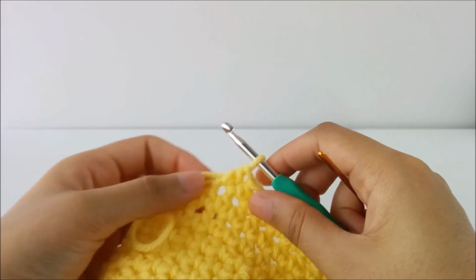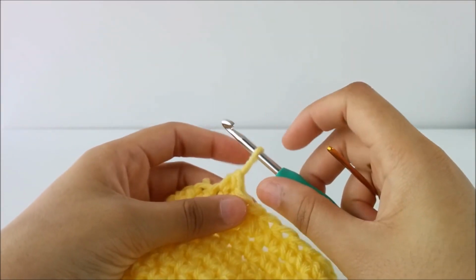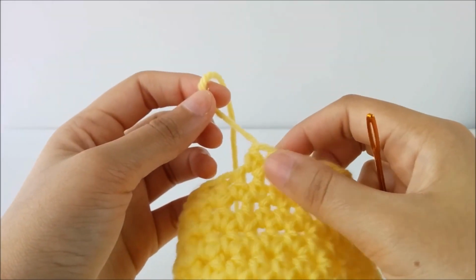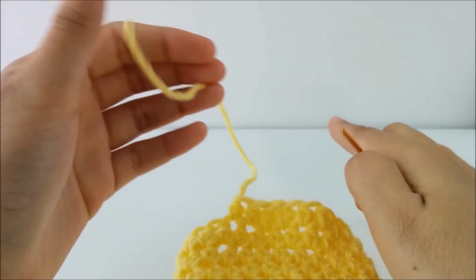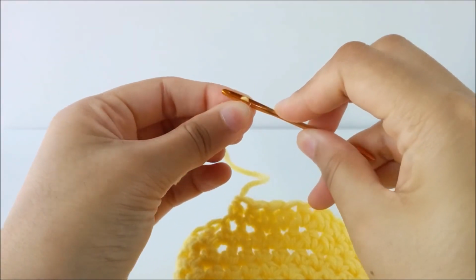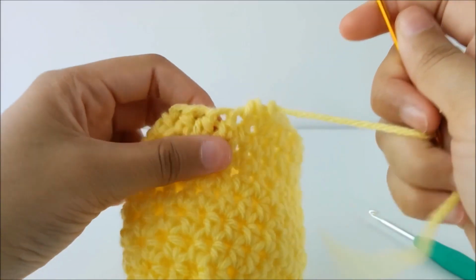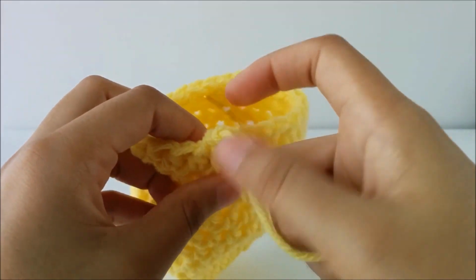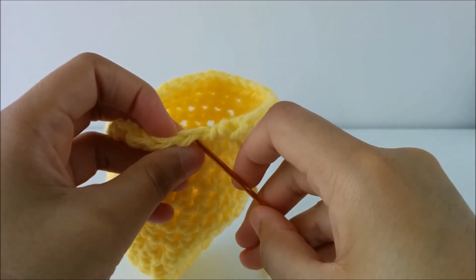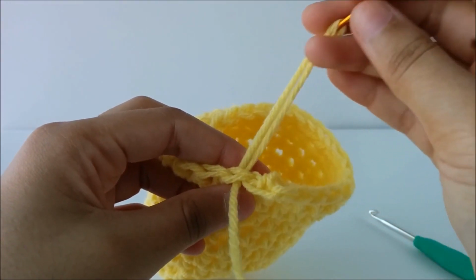And now you're going to be needing a tapestry needle. So we finished this stitch, and now instead of yarning over and binding off like we usually do, just pull that end through. Okay? So it just comes out of the 3 loops like this. Now, thread that through a tapestry needle. And to make this seamless, we're going to insert our needle through both legs of the next stitch, pull it through,